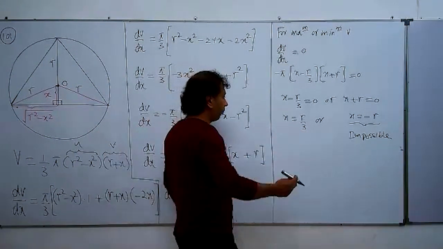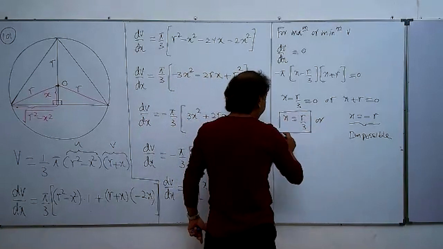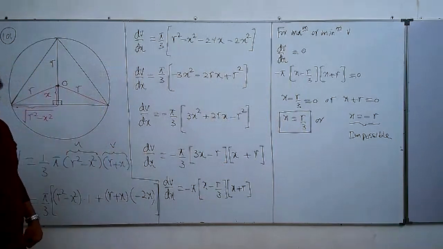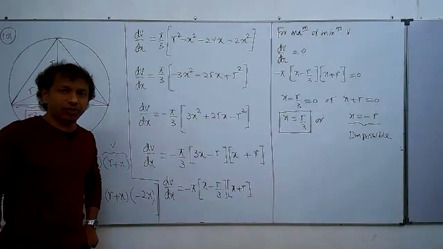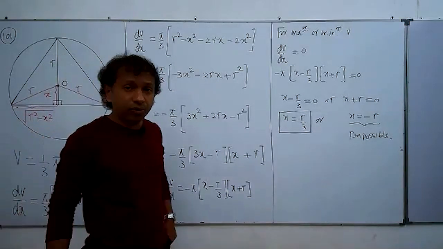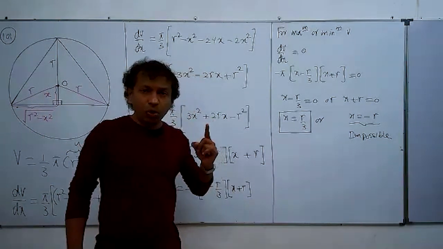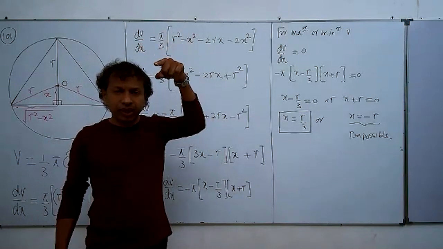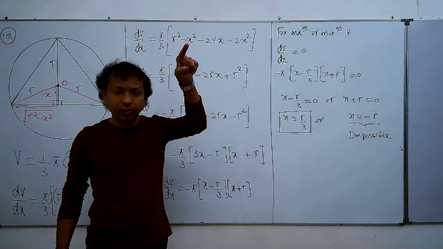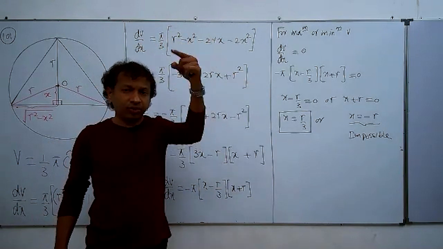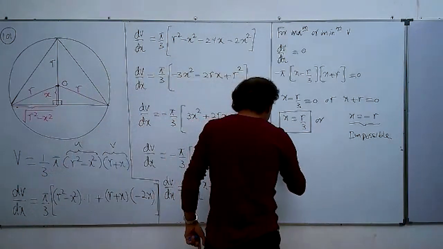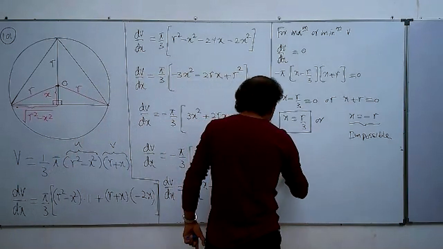Now we have to prove that at this x value, r by 3, the volume V is maximum. To verify that, I'm going to use the first derivative test. So far we used the second derivative test in every question. No, now I'm going to use the first derivative test. When we need to show something is maximum, before that value we have to prove the gradient is positive, and after that value we have to prove the gradient is negative. Okay, then we have to write it this way, dV by dx